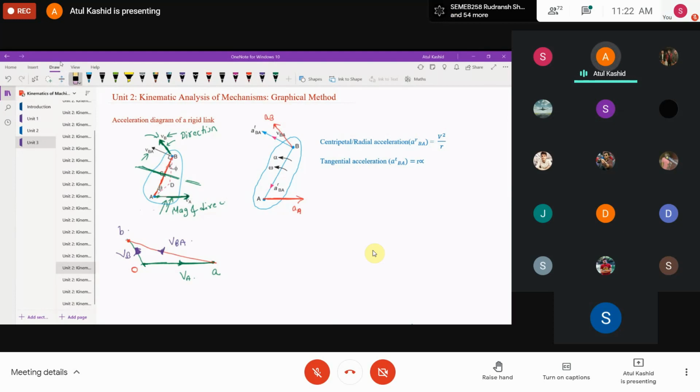It was similar in the velocity diagram. If you look at the velocity diagram, you can see that absolute velocities for the 2 points were given, right? So first absolute velocity in the velocity diagram was this one, VA, and second was VB. Here also we are doing the same thing. Absolute acceleration of the point A and B are known, right? Now, we'll start with the acceleration diagram.